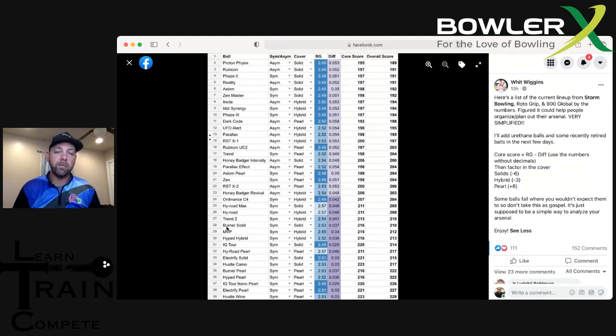And that obviously isn't true. Obviously, the asymmetric balls are generally stronger than the symmetrical balls, or at least quicker off the spot. So we have to be careful with these types of things. This gives you a broad, basic, simple understanding of where bowling balls can fit in groups.